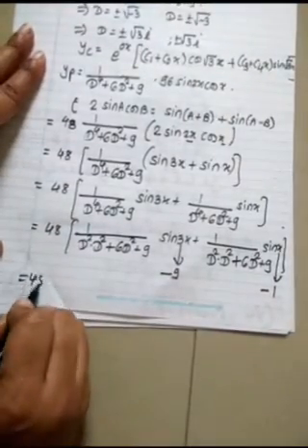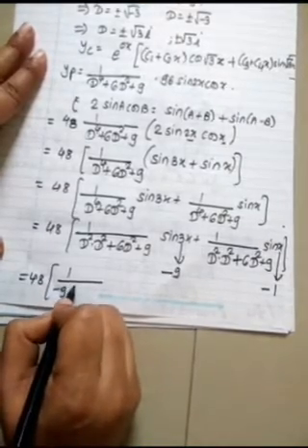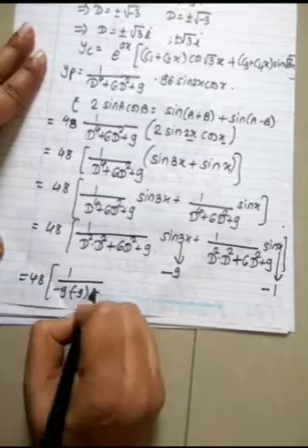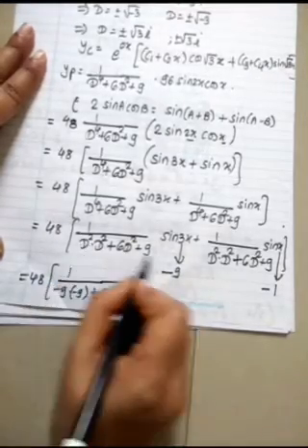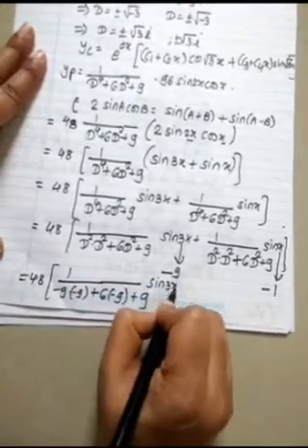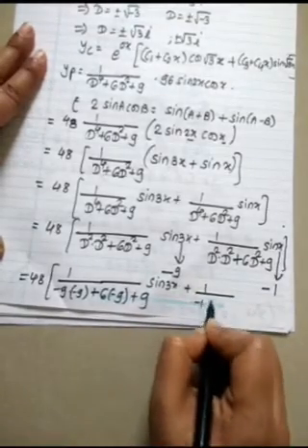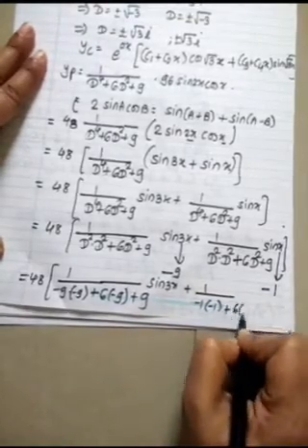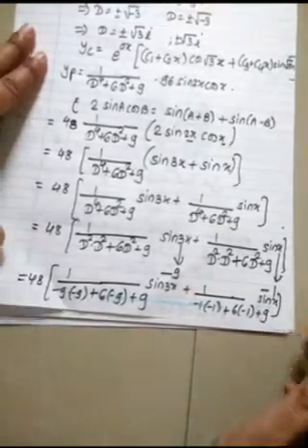So this will be 48 into 1 upon minus 9 into minus 9 plus 6 into minus 9 plus 9. Just I am substituting d square as minus 9 everywhere into sin 3x. And here we have to put d square as minus 1. So it is minus 1 into minus 1 plus 6 into minus 1 plus 9, into sin x. So we get